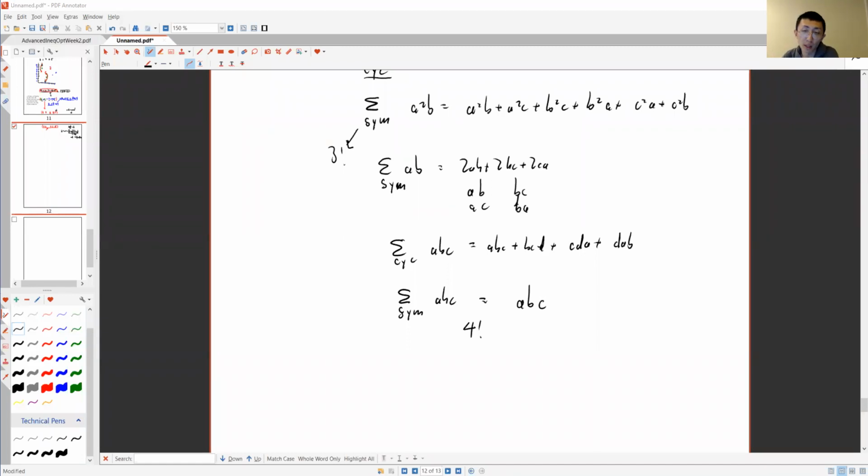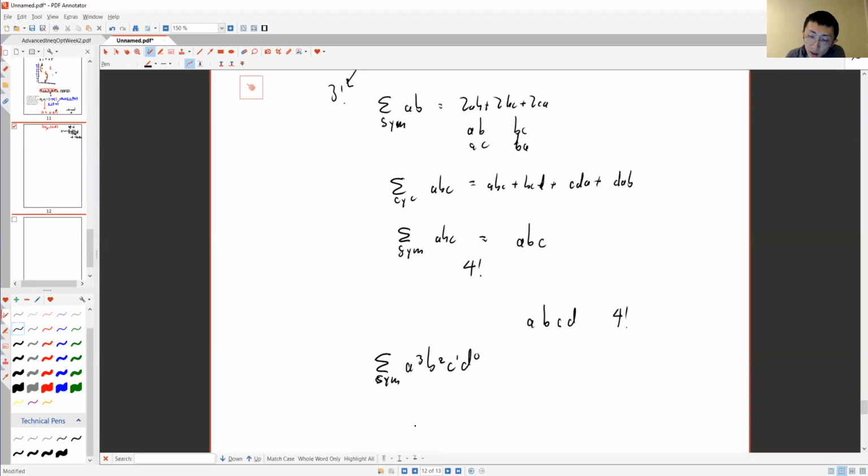But you have to know what the symmetric group on n variables is. Basically, there's 4 factorial permutations of this. So if you have something like a cubed b squared c and d to the 0, then if you do symmetric sum on this, you'll have 24 terms. Even if it's just a, b, c, and there's 4 variables and you do the symmetric sum on them, you'll still have 24 terms. It's just that some of the terms will look the same. So this will probably equal 6abc plus 6bcd plus,